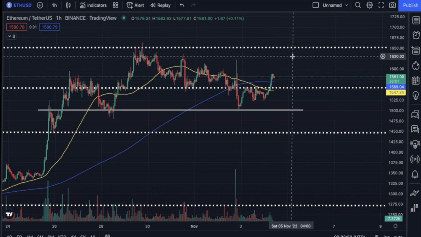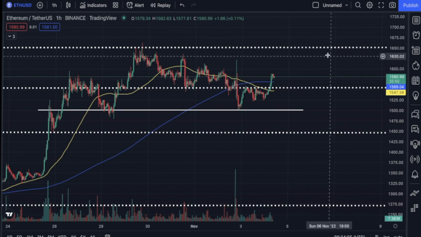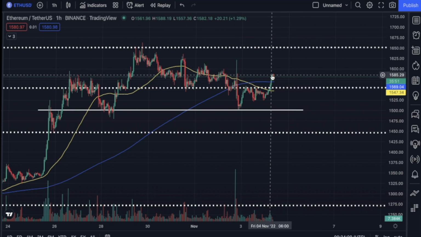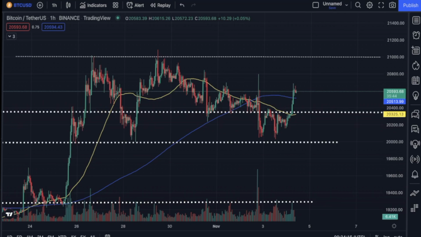It might go to 1,630, 50-ish level and consolidate around this level for the weekend if we do have the bullish run up later in the day today. So you might even try to enter this trade ideally on Bitcoin and have a long